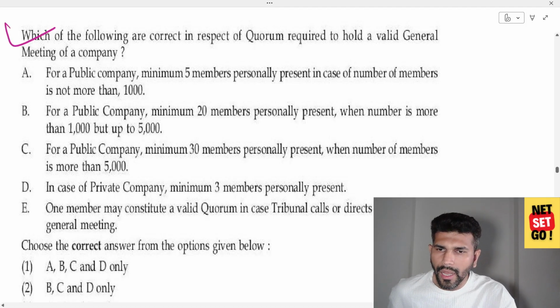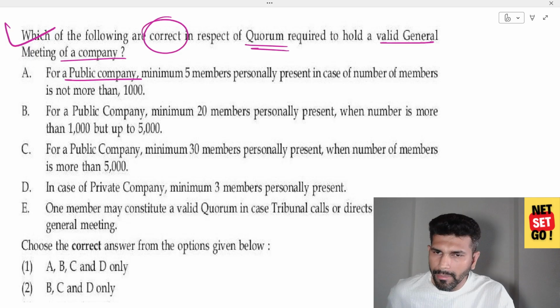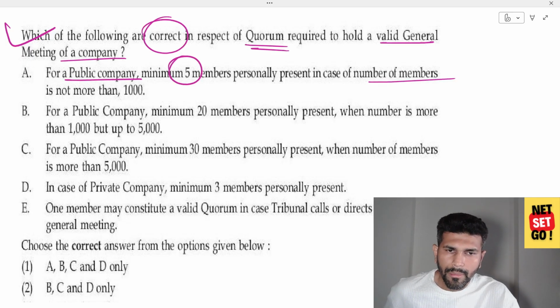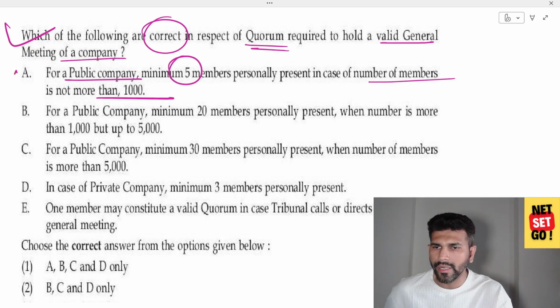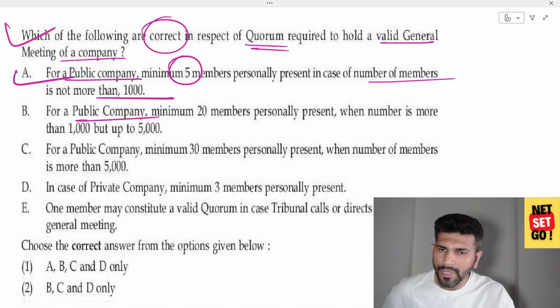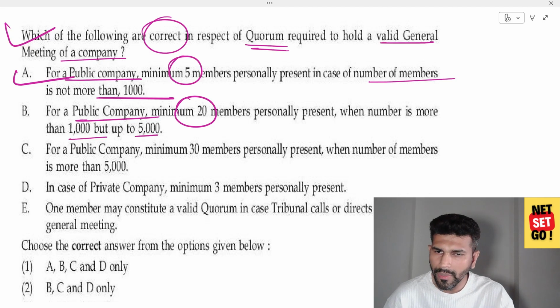Which of the following are correct in respect of quorum required to hold valid general meeting of company? For public company, minimum 5 members personally present, in case of members not more than 1000. Correct. For public company, minimum 20 members personally present when number of members is more than 1000 but up to